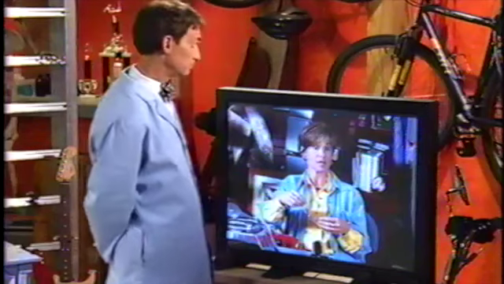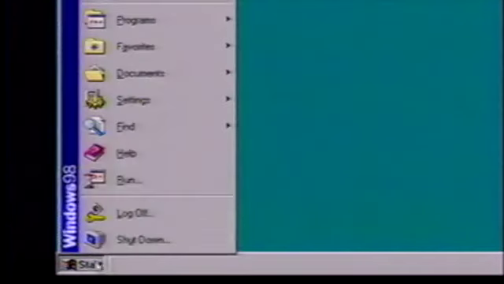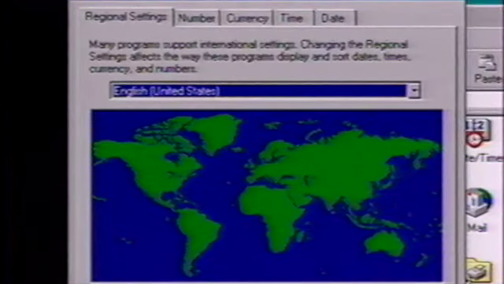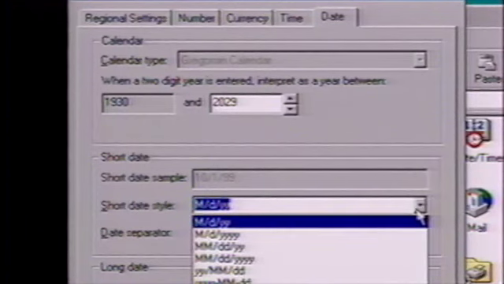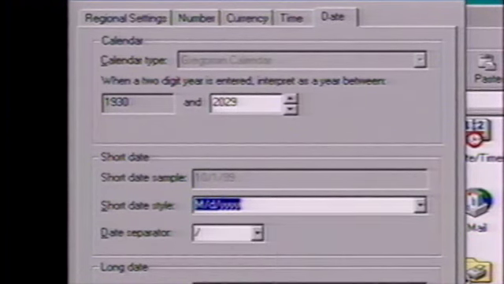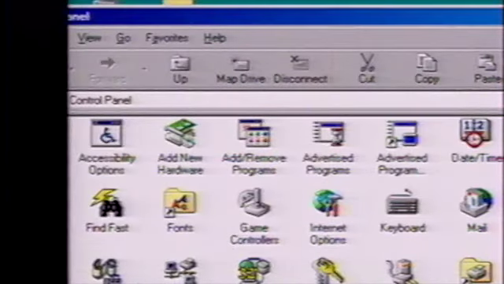Microsoft recommends changing the short date format in regional settings via the Windows control panel to a 4-digit year. Making this change in regional settings will help other programs to display 4-digit years, thereby minimizing confusion about what century is intended. Now, to change your date settings, go to Start, Settings, Control Panel. Click on the Regional Settings icon. Go to the Date tab at the top of this box, and right here in the middle, you'll find the short date settings. Make sure that the year is represented by YYYY. Click on Close, and you're all set. Easy, simple, and it'll avoid confusion later on.